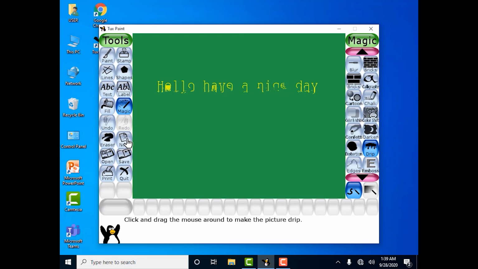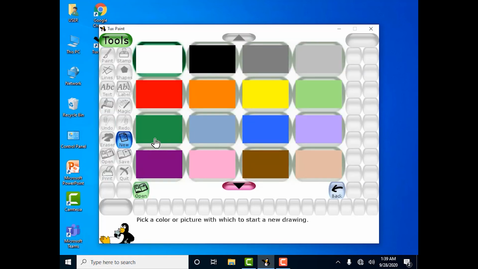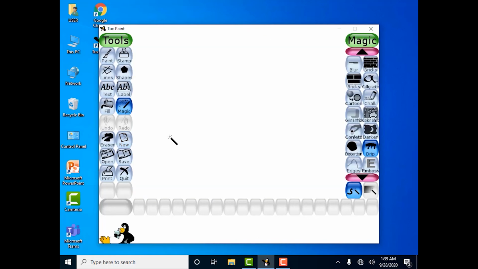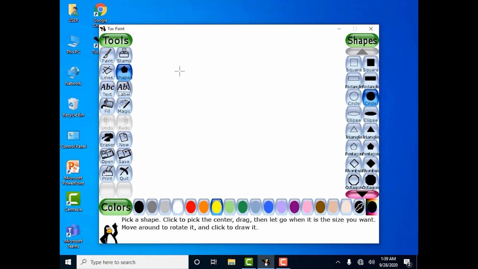First, you select the new file. Click on the Shape tool and select any filled shape from the subtool box.